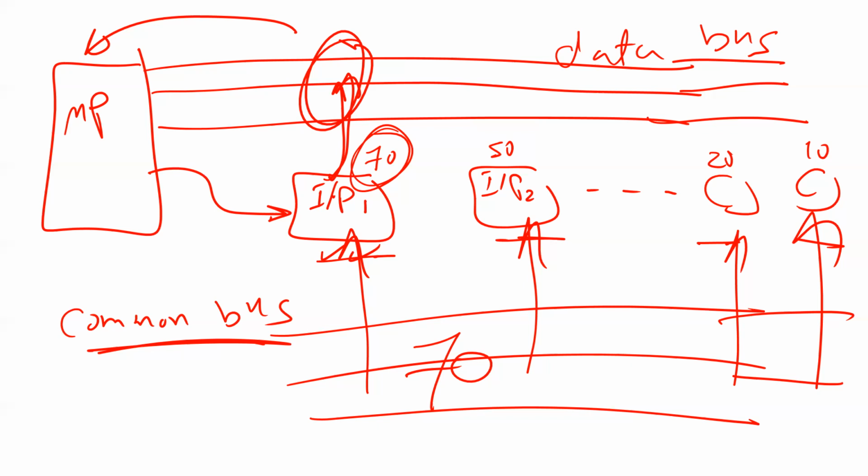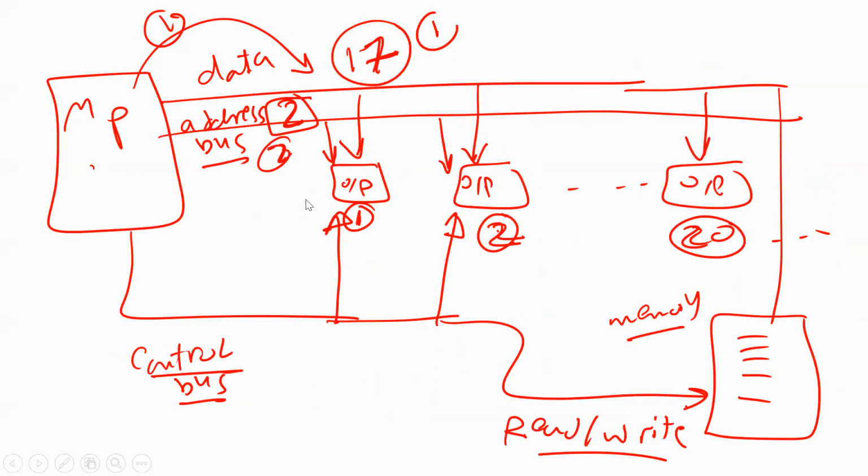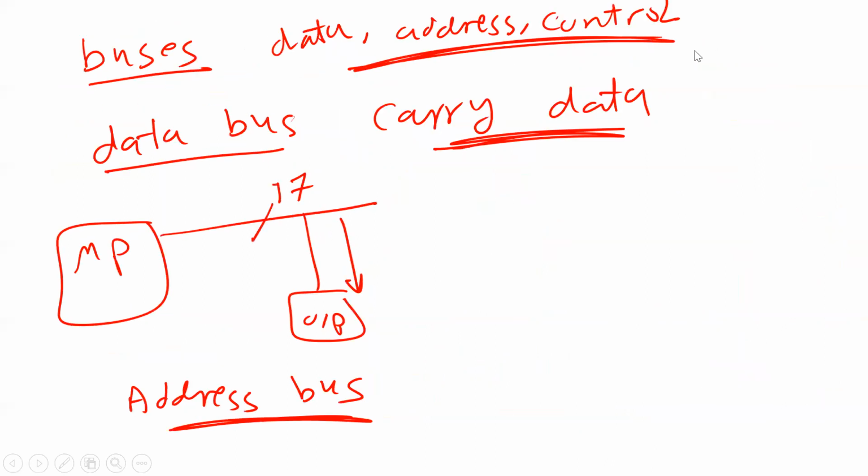Anyway, you should understand what I mean by address, and what I mean by data. The data bus is shared, but we have to make sure only one device uses it at any time. So here we have three types of buses: the data bus, the address bus, and the control bus. I'm going to talk about the control bus. The data bus should carry data.